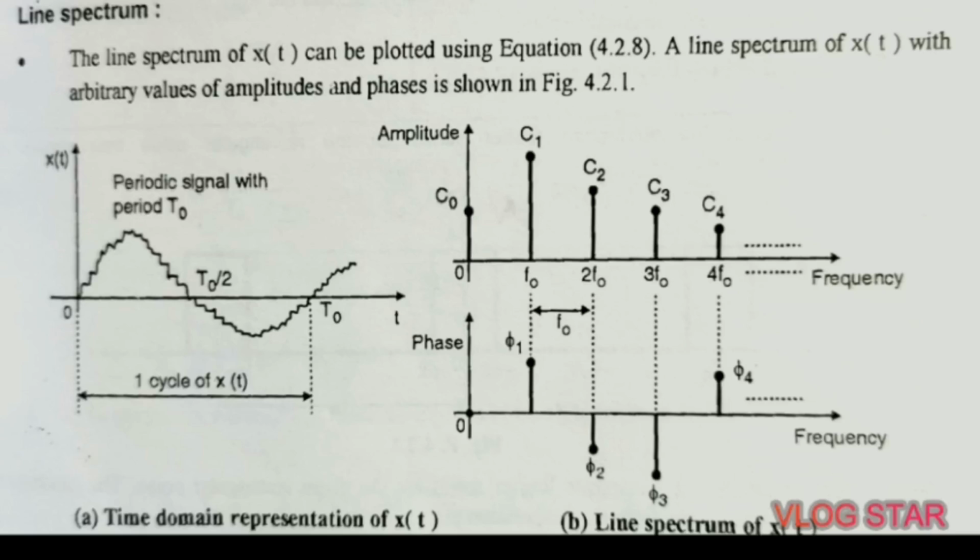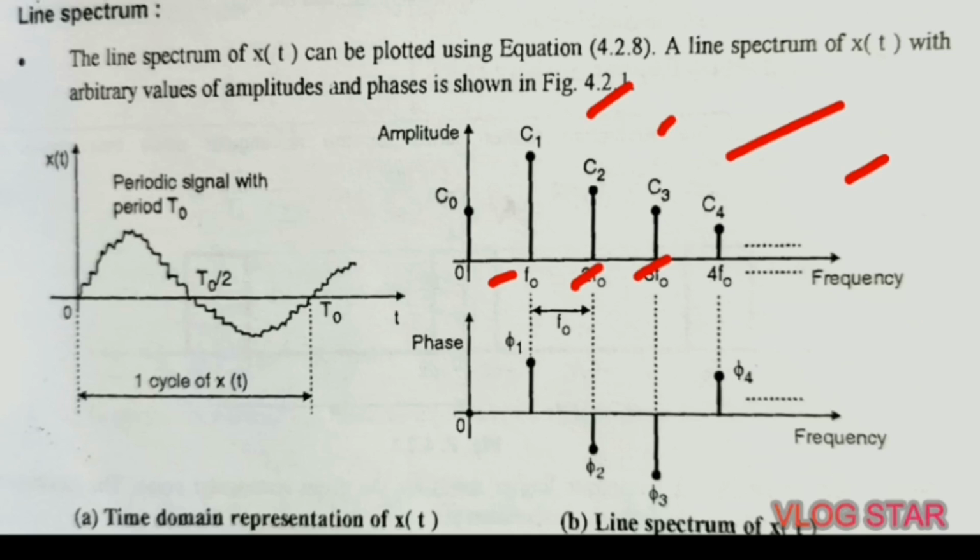Here, as seen from the figure, the frequency spectrum of a continuous time signal is discrete in nature, and the frequency components f0, 2f0, 3f0, etc. are called spectral components. The adjacent spectral components are spaced by f0 from each other, and the spectrum consists of vertical lines c1, c2, c3 up to infinity. This spectrum is called the line spectrum.